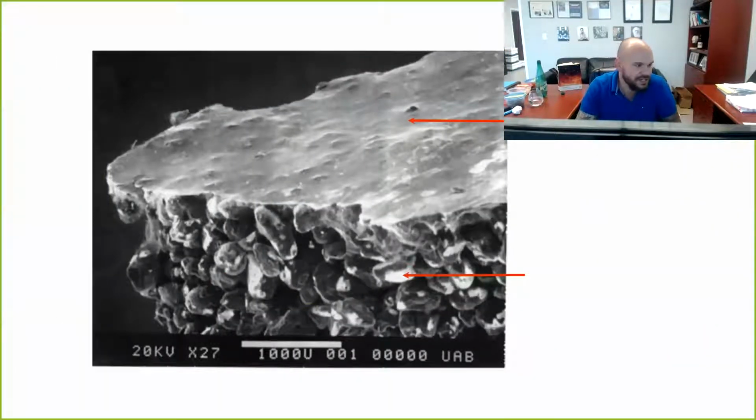Here is a runner section snapped off and put in an SEM to show that interfacial oxide film and show that that theory works. You can see the oxide film and the individual grains of molding sand.